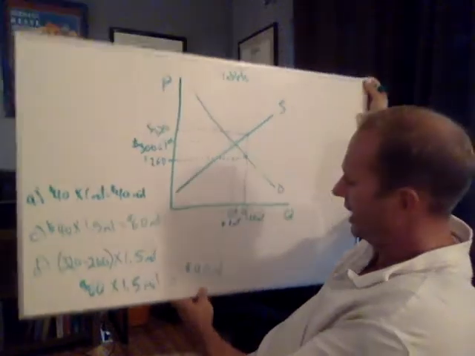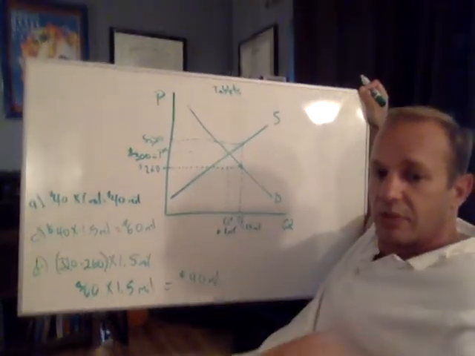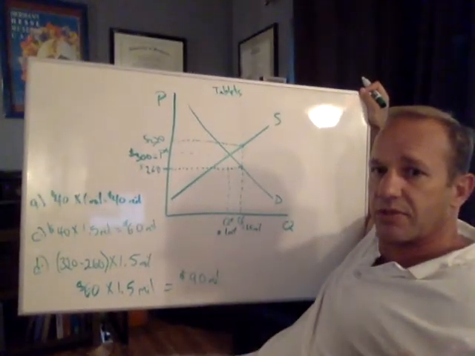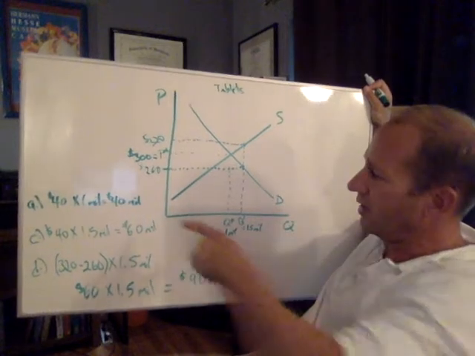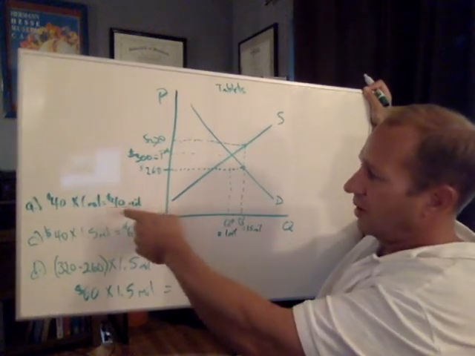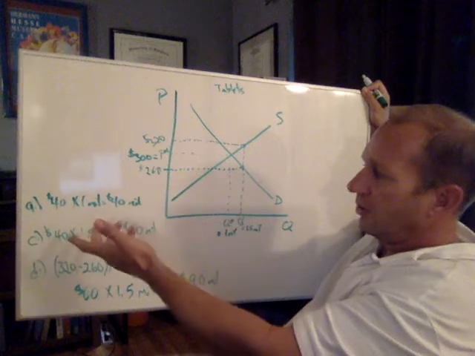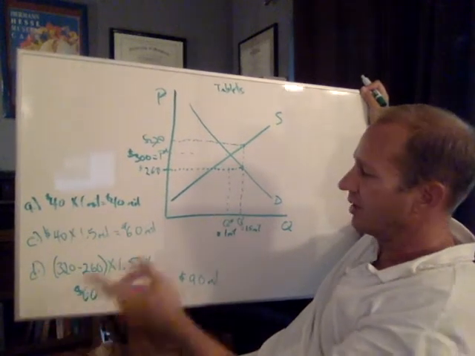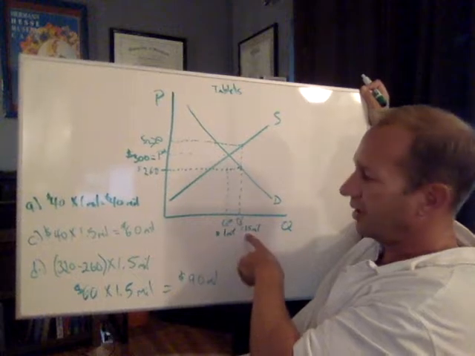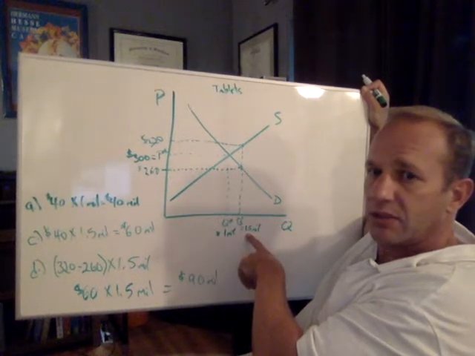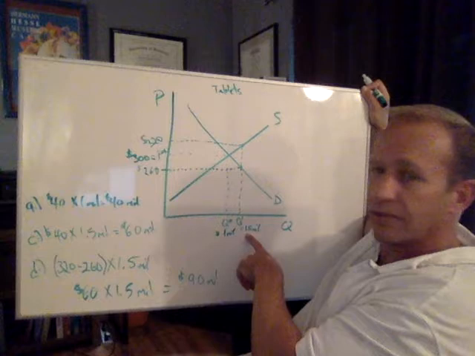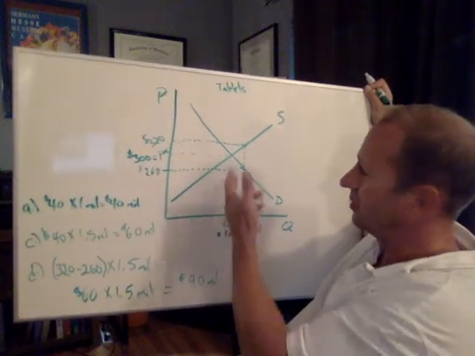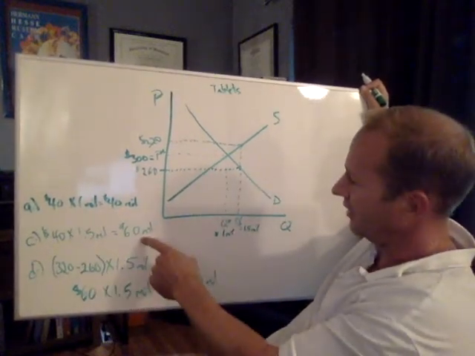So if they were naive in their first estimate and say, well, we want it down to 260 and the market price is 300, we'll just subsidize it at 40. That was $40 per unit. Well, once they do that, people want more units because it's cheaper to the consumers. So now the quantity that they need to be subsidizing is greater than what it used to be because of the cheaper price. So that's how we got to 60.